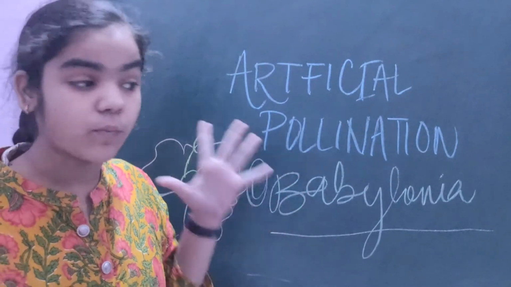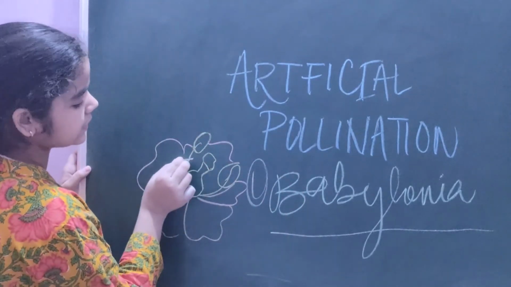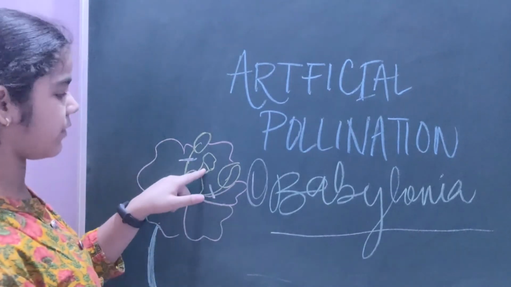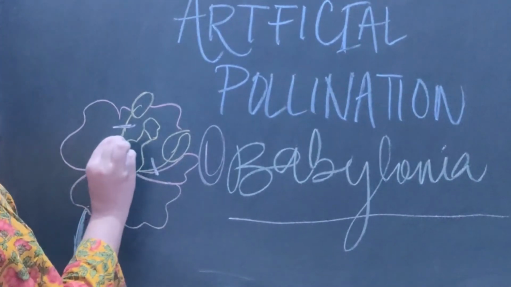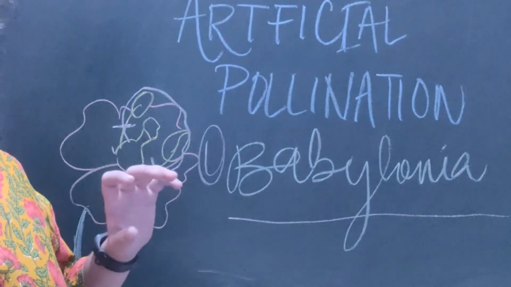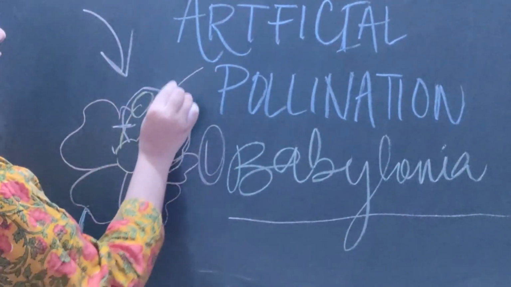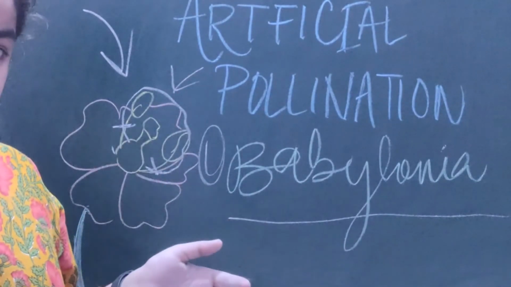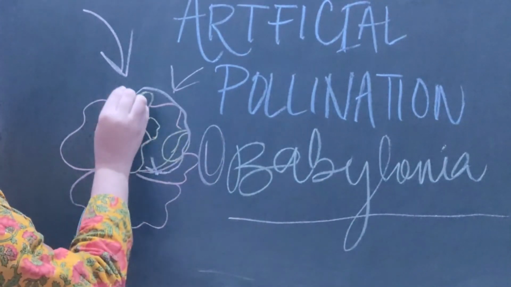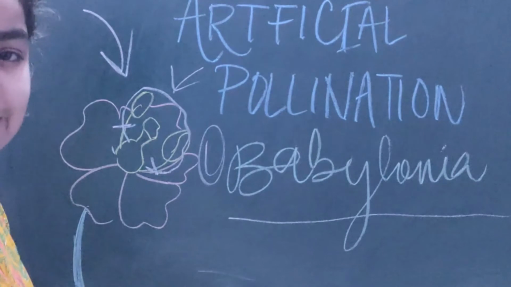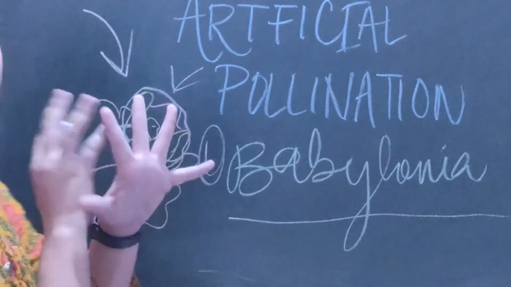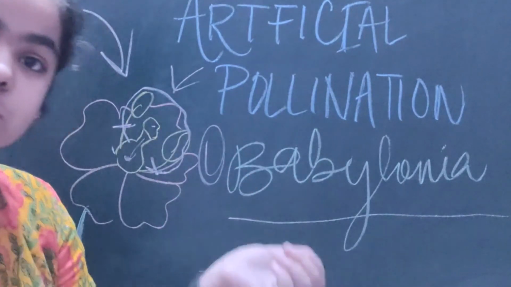These days, humans carefully cut or remove the anther so that the pollen grains do not fall on the stigma, and they cover the stigma with a plastic bag so that no external agent can do any kind of pollination. Whichever variety they want to produce, they can simply bring the pollen grains of that type and sprinkle them here. In these ways there are various productions of plants, like different colors of roses.